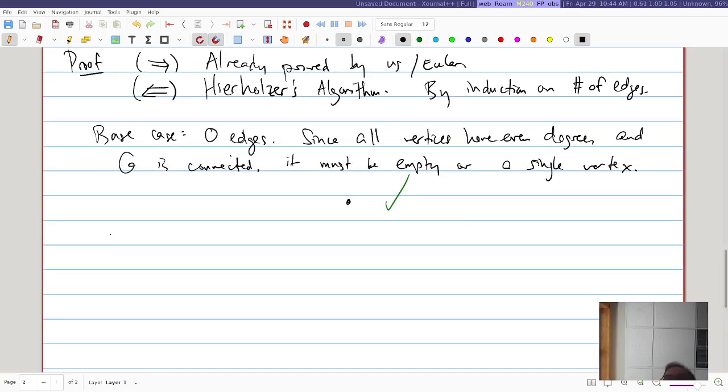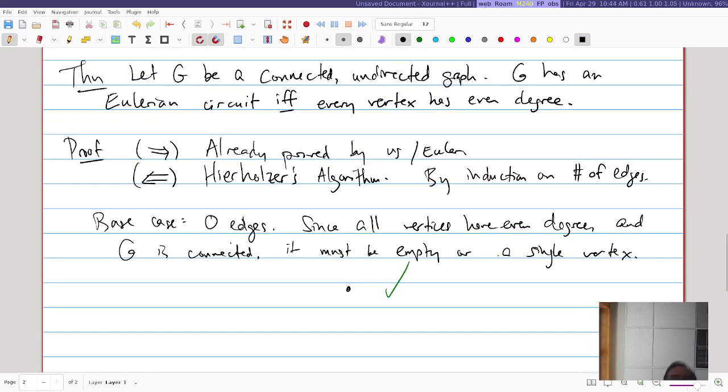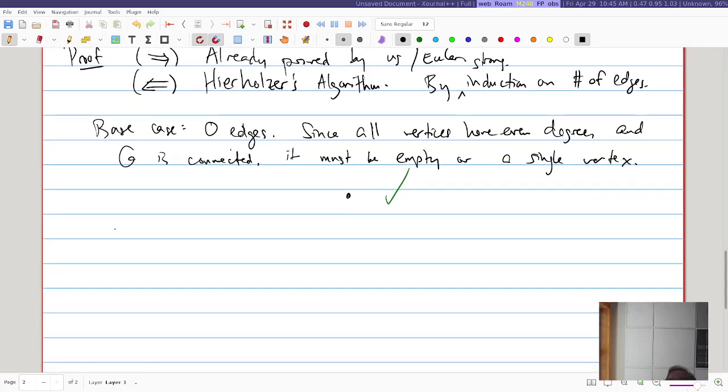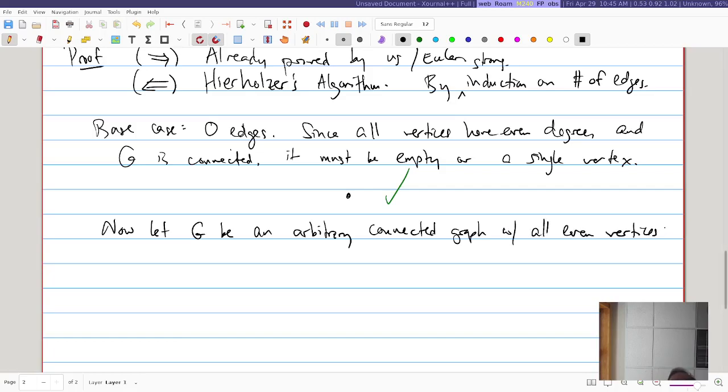Okay, so now, and actually this is going to be a proof by strong induction. We'll see why in a second. So now, let G be an arbitrary, let's say connected graph with all even vertices. Right, and we're going to